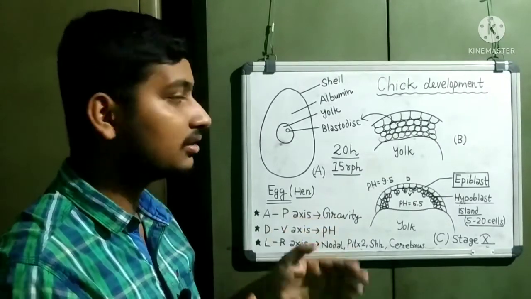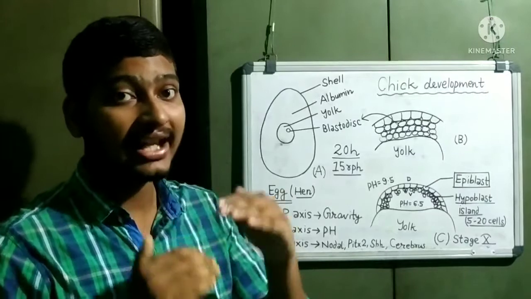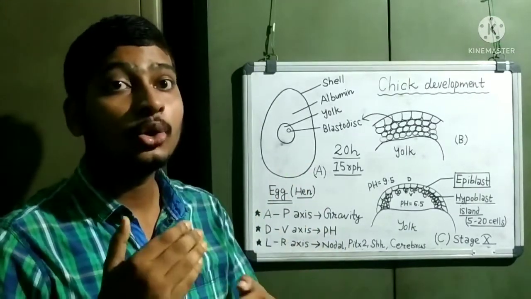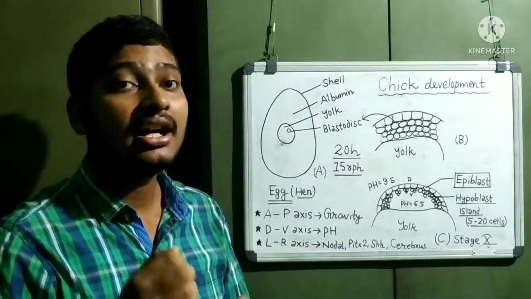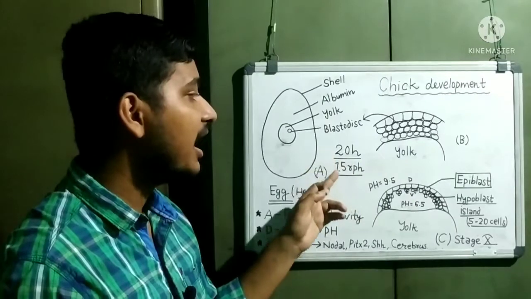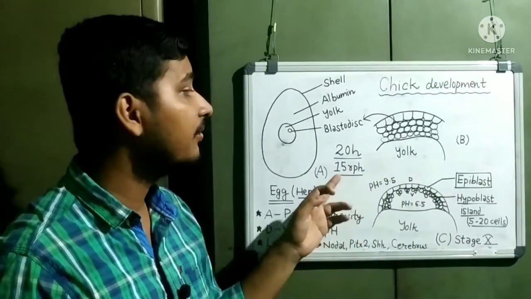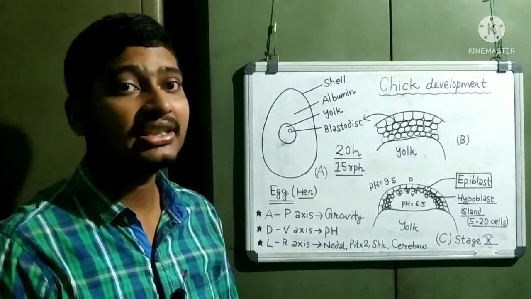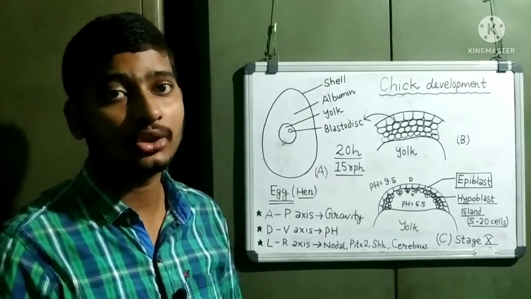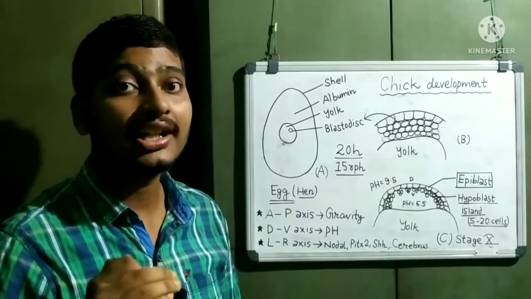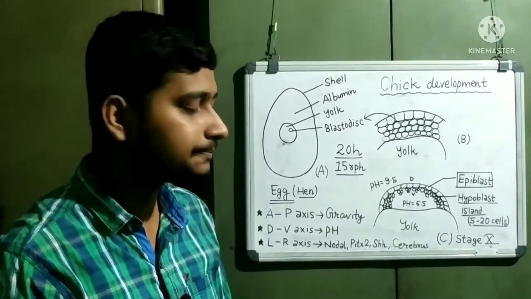How do the cells migrate anterior posteriorly? So the egg is rotated inside the hen's reproductive tract for about 20 hours at the speed of 15 revolutions per hour, and in this way the lighter part of blastoderm forms the posterior axis, posterior marginal zone. Okay,